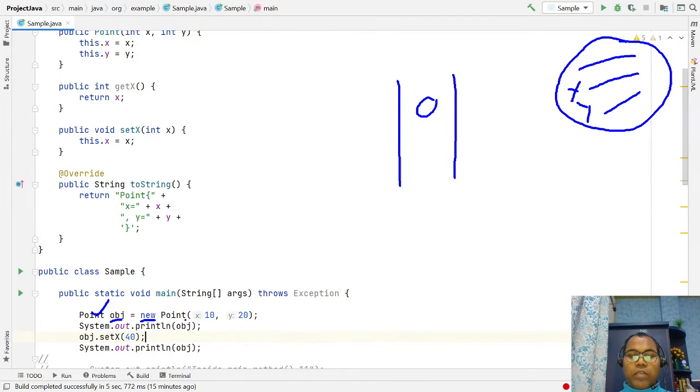Whenever you pass 10 and 20, the values are assigned to this.x and this.y. This refers to the current object which you are initiating. So this refers to this x and this y.